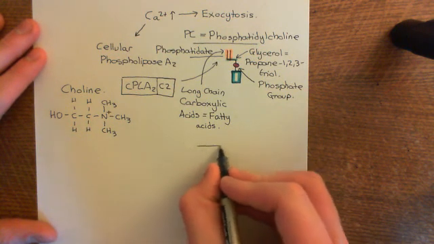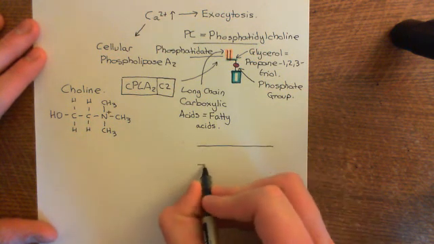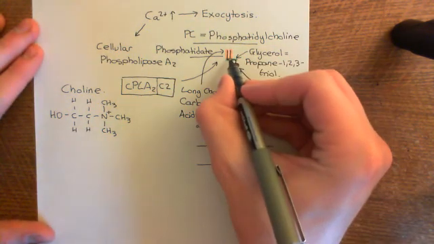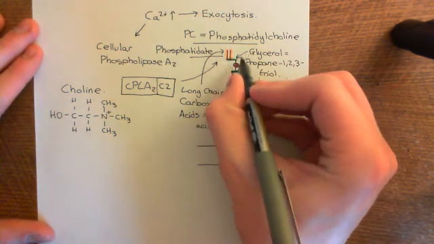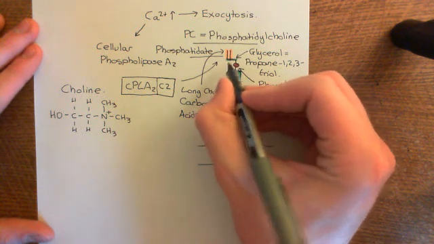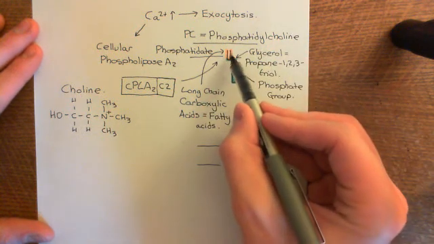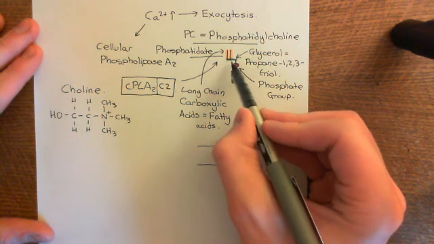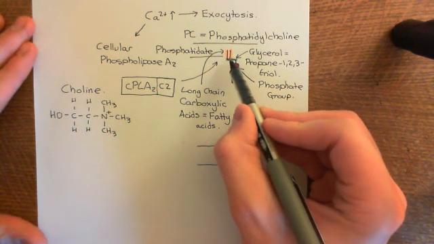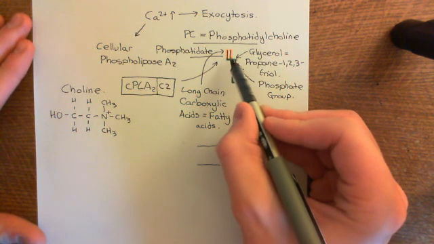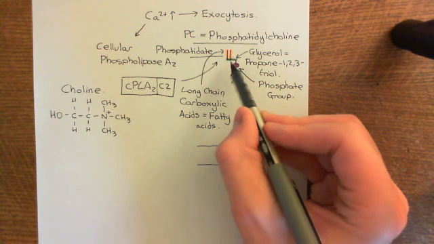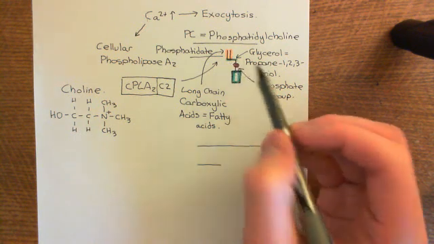So let me show you the breakdown products of these phosphatidylcholine molecules. Again, both of the products are going to remain within the phospholipid bilayer. So you are going to cut this phosphatidylcholine molecule into two pieces. You are going to cut off this second long-chain carboxylic acid molecule off the glycerol molecule. So you're going to hydrolyze one of the ester links. You're going to break the bond between the second long-chain carboxylic acid and the second alcohol group of the glycerol